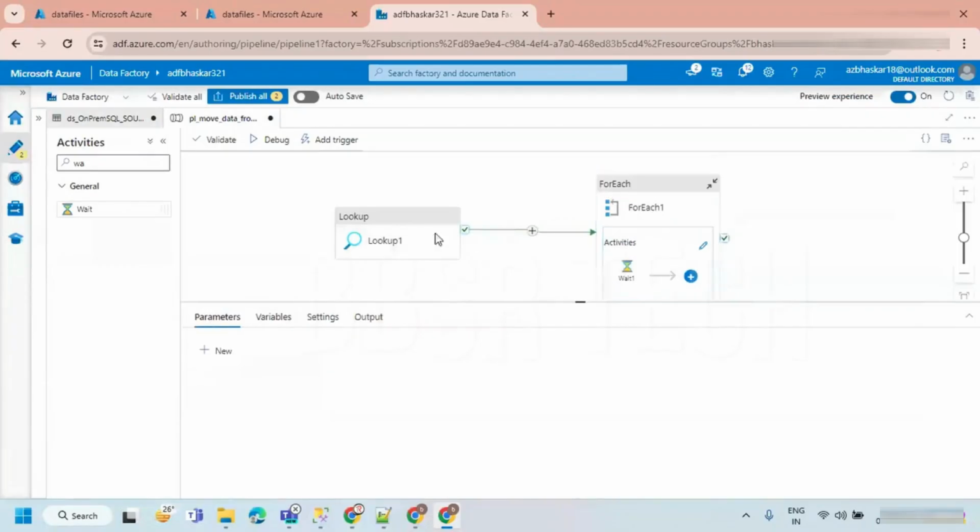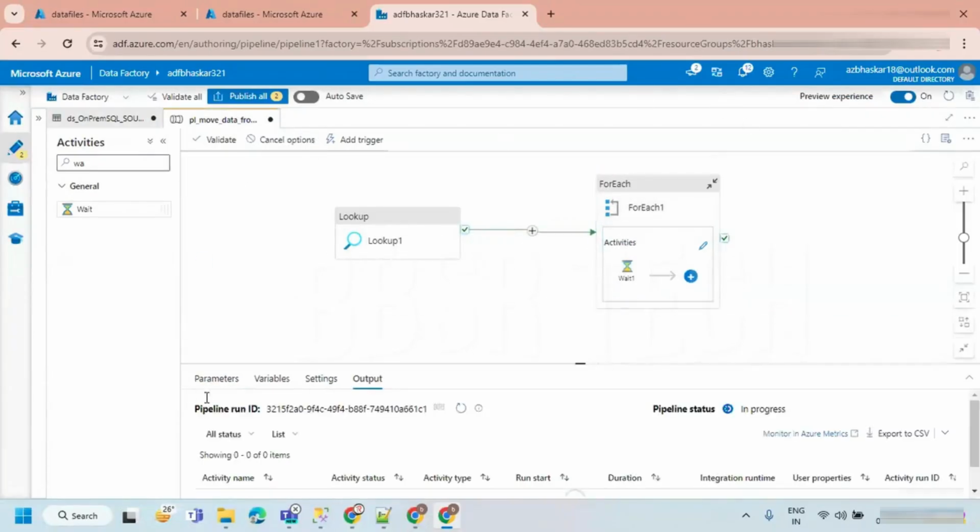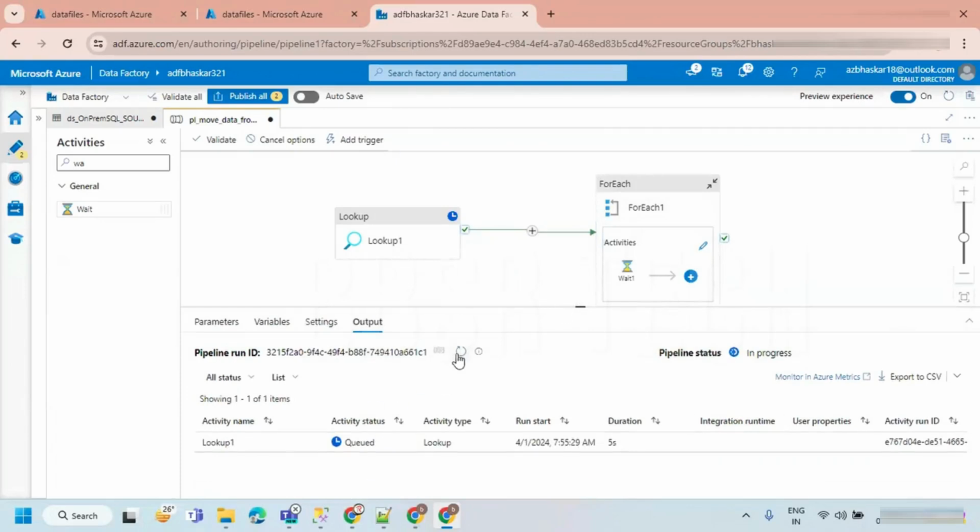Concentrate on only the output of the lookup activity one.